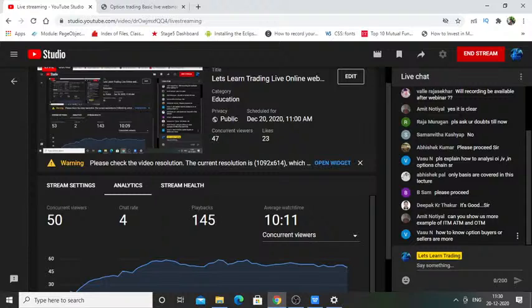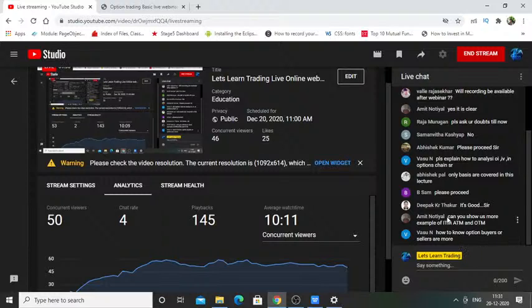Based on the option price movements and other factors, we can assume that more people are on the buy side or the sell side. For that we need a little bit of extra material. If time permits I will cover that in the same session, or if not, we can have it as a different session in the future.